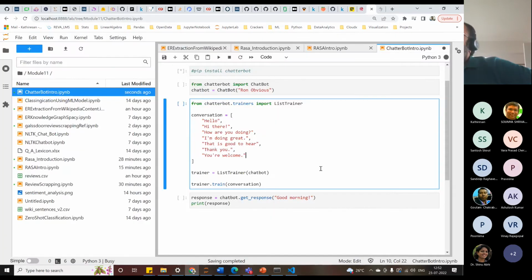Now, one fun way to do this is if you have a chat data set which is separated into questions and responses, you can feed it here as a list, or you can just read it from a CSV file. That doesn't matter. Then you can train your chatterbot. It will be quite a good chatterbot because it has been trained on such huge data. Question answer data sets, you might know. Does anybody know if a question answer data set is available publicly? Quora question answer data set.